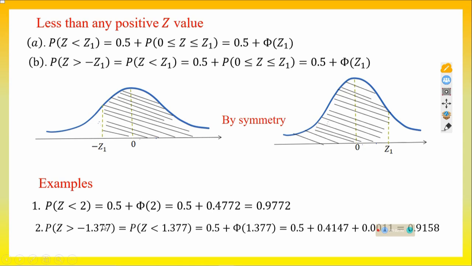So next we need the probability of Z greater than negative 1.377. As I said, don't even waste time looking at what this one is equal to. Simply look at this. If it is a minus, change the inequality here. Then it becomes P of Z less than. If it is greater than, it becomes less than, so long as there is a minus. Then put the positive part,